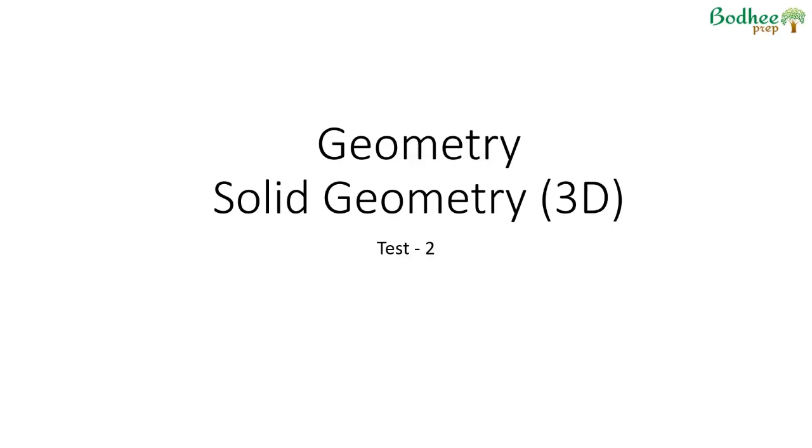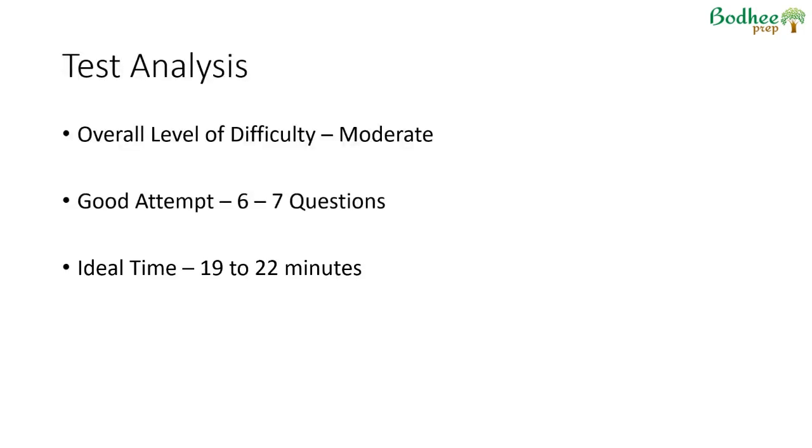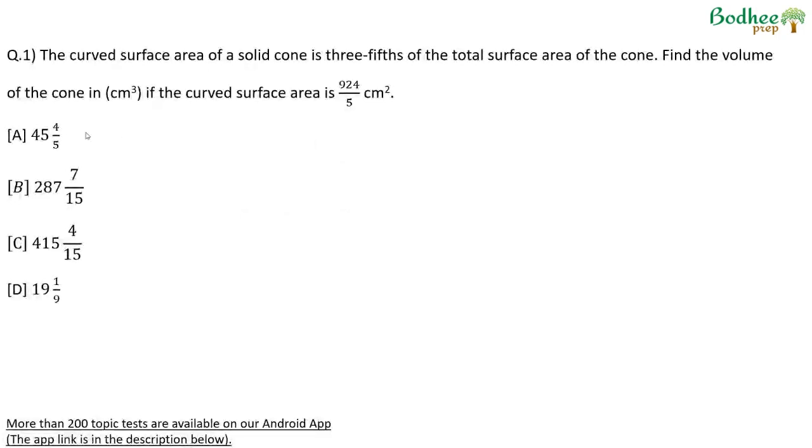This video is on solid geometry, 3D mensuration, test number 2. Overall, the test is about moderate. 6 to 7 questions in about 22 minutes would give you 6 to 7 net correct, which would give you a 95 plus percentile. If we look at the questions that are there, the first question says